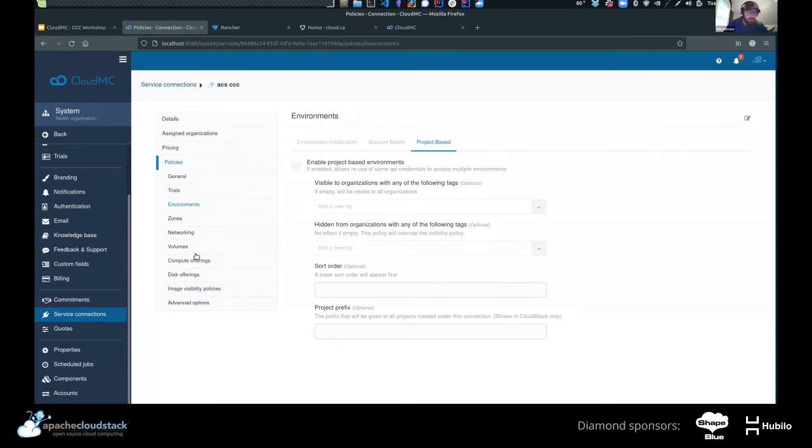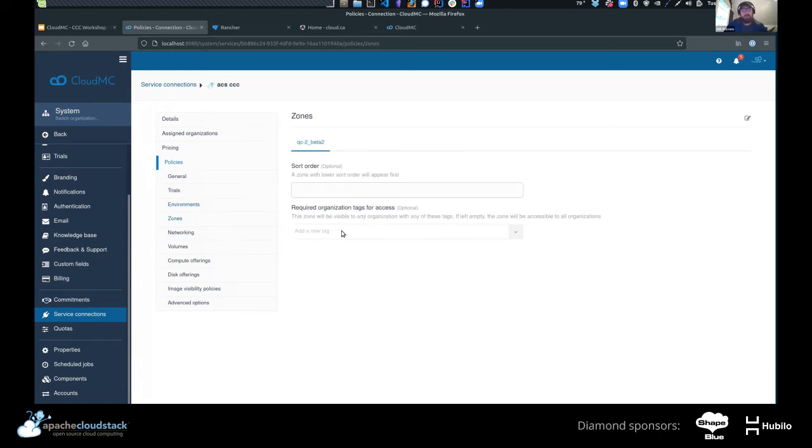I'll show some for the compute offerings and that kind of stuff, but here I'll show it for the zones as well. So you could have a new zone, and you could say this is an area where we're doing some testing. We're going to roll out some new features, but it's very much just a validation environment, and so you can turn it on by requiring specific tags in order to access that zone.